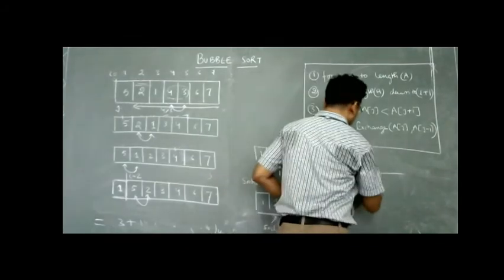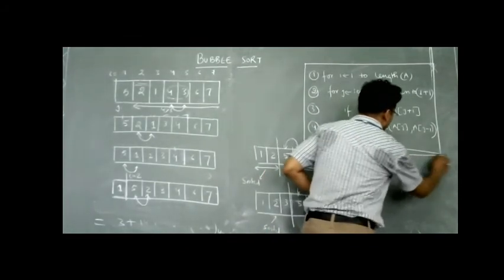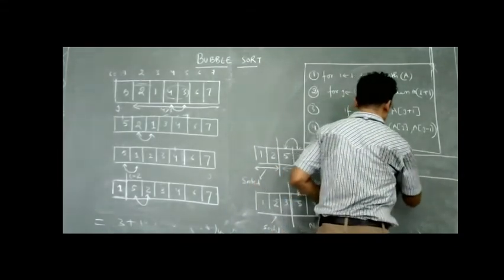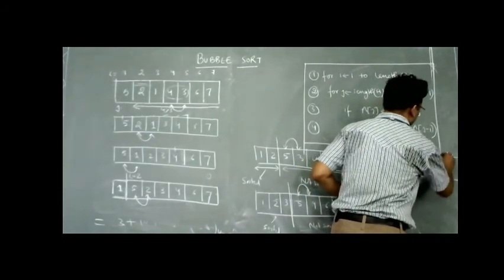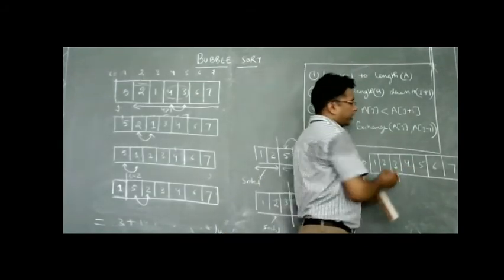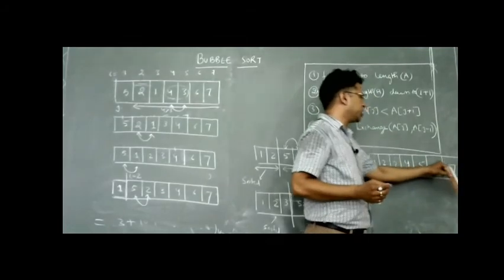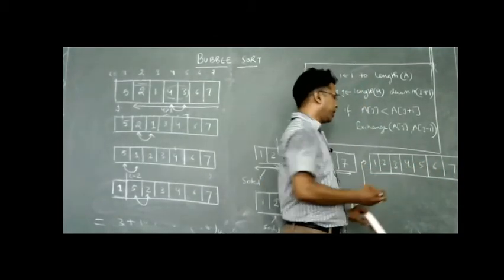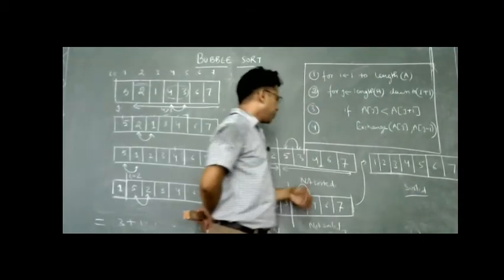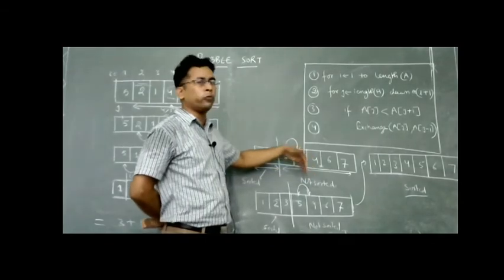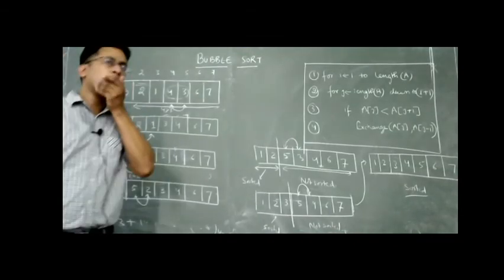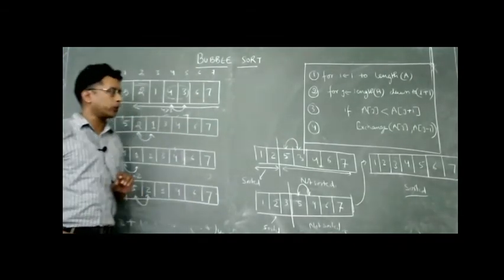So after that, 1, 2, 3, 4, 5, 6, and 7. Now we shall find out that up to 4 it is sorted. Now after repeating once again, we shall check that the condition is satisfied for the rest of the elements. So this array is sorted. So if the condition is satisfied, then we need not move further, because in the rest of the iterations we shall get the same result. So this is the basic concept of the bubble sort.